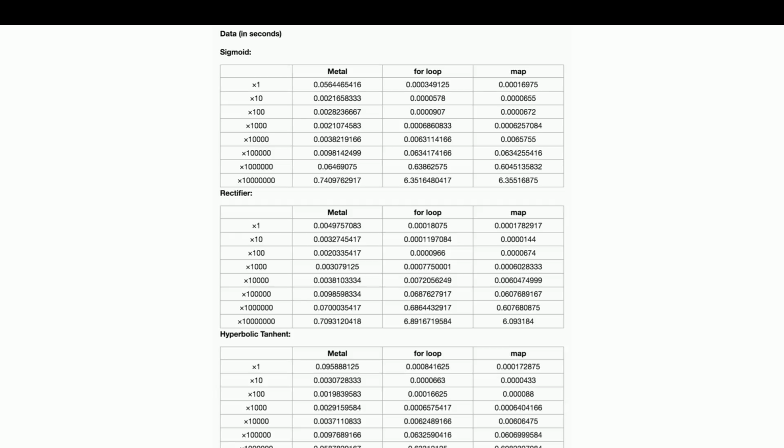But if you notice in the charts, as the data points increase, would you look at that? Interesting. Things start to speed up, and it's not just in the case of comparisons